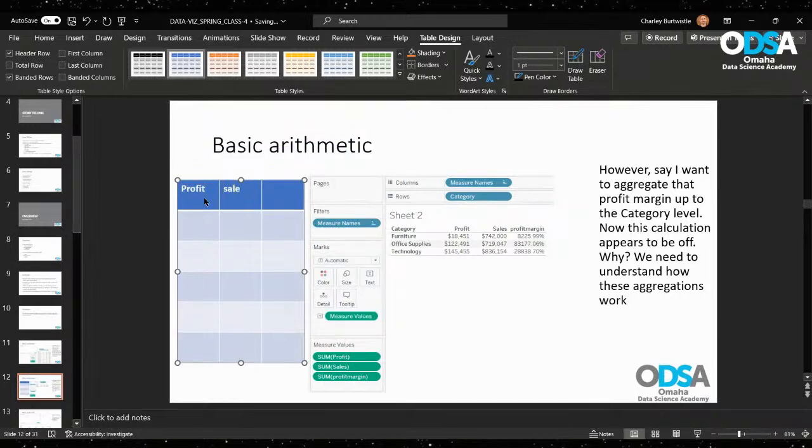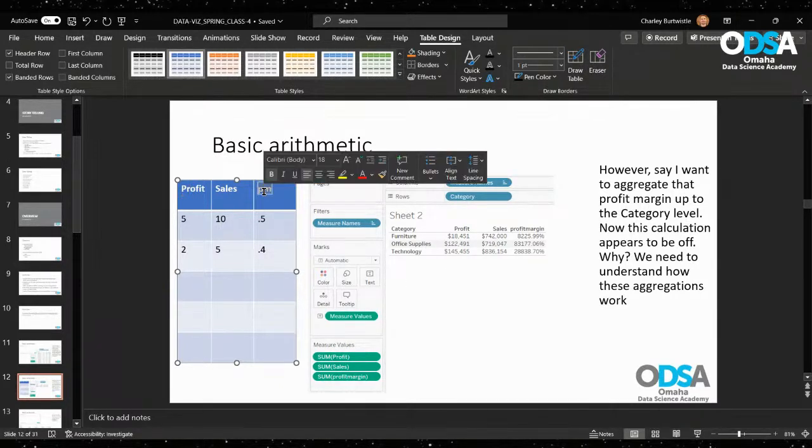Profit bills. Call it PM for profit margin. Here we had 5, here we had 10. This came in at 0.5 to 5, 4. Right? When I drag sum of profit over, it aggregates this entire column. When I drag sum of sales, it aggregates this entire column, which is our sales. When I'm dragging profit margin over, since it's computing it on a row by row basis, it's bringing in, right,